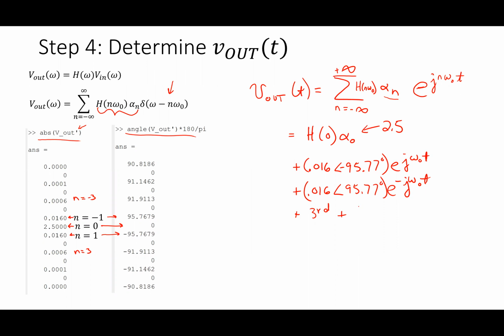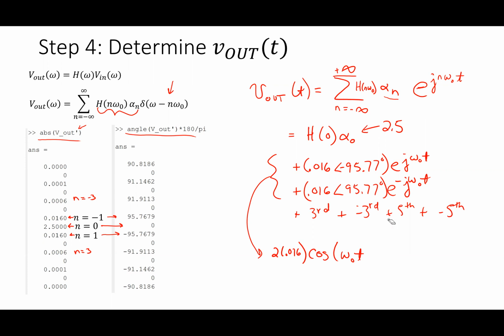Third plus the minus third plus the fifth plus the minus fifth. I can keep going. What do I know about these two together though? What are they going to give me in the time domain? If I put those together, a single cosine. Yeah, and so it would be 2 times 0.016 times cosine of omega naught t plus apparently